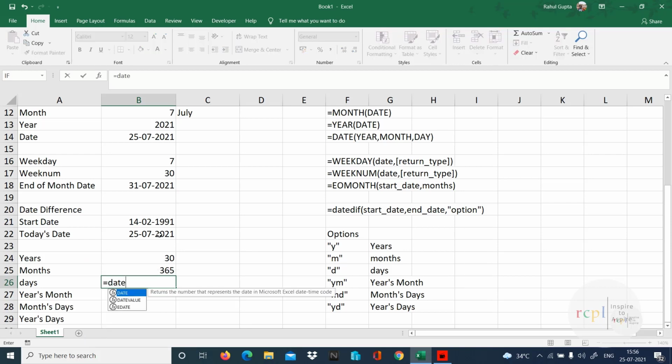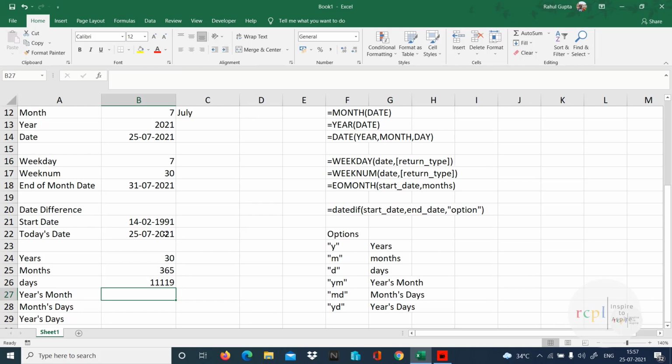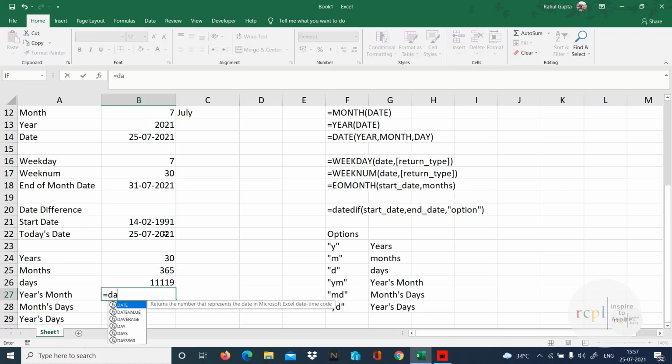Is equal to date diff, d. Total number of days, 11,119 days. So that's what we have to see, that if I have to say in years it's 30, if I have to say in months it's 365, if I have to say in days it's 11,190.